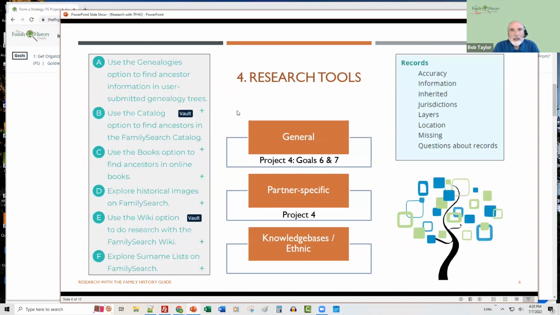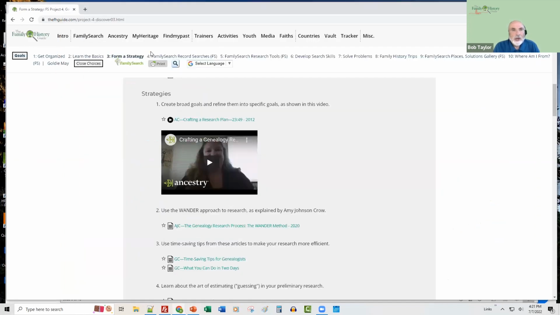Okay, let's go to research tools. So we have general tools, partner-specific tools, and we have knowledge bases and ethnic research. So I'm going to go back up to project number 4. And if we go over here a little ways, you'll see this FS in parentheses here. That means that these particular tools are specific to Family Search. So if I click goal number 5 here, Family Search Research Tools,